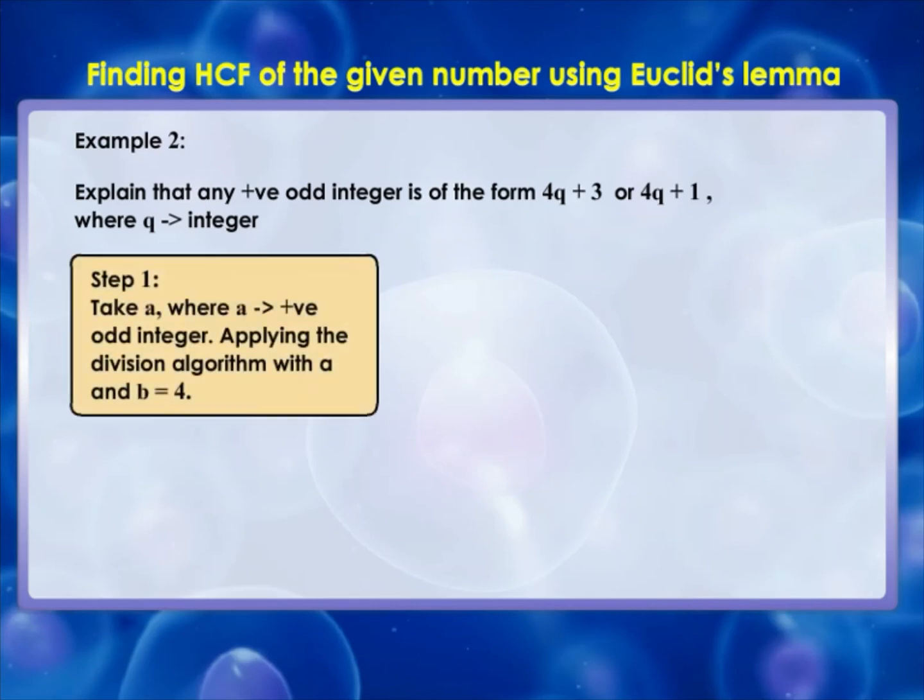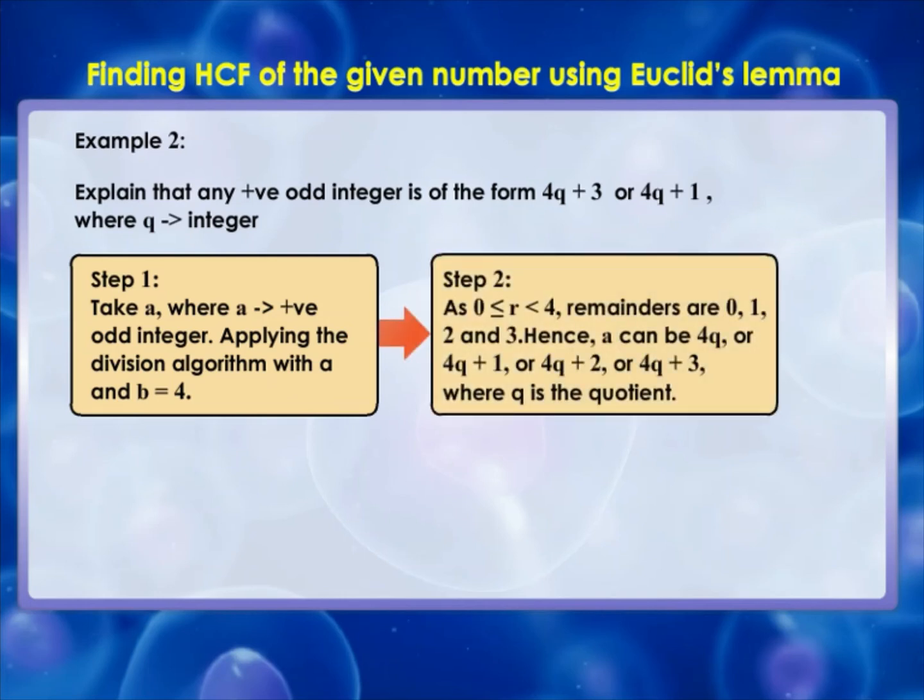Step 1. Let's start with taking a, where a is a positive odd integer. We apply the division algorithm with a and b equal to 4. Step 2. Since 0 ≤ r < 4, the possible remainders are 0, 1, 2, and 3. That is, a can be 4q, or 4q + 1, or 4q + 2, or 4q + 3, where